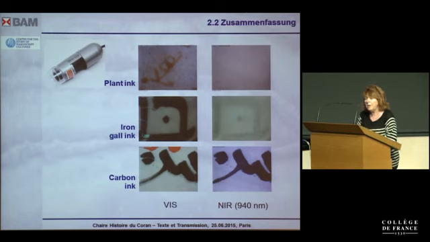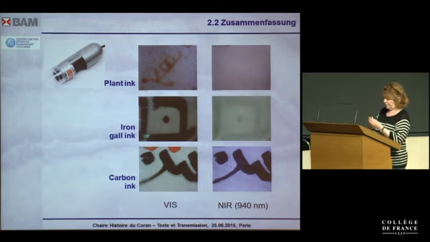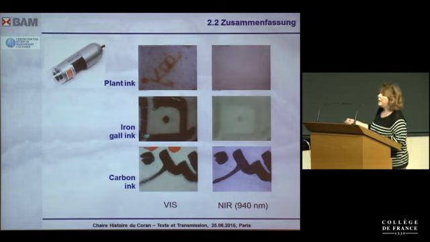is reflectography. We are using reflectography to identify the type of the inks. You see here 3 different types of inks. In the upper row, it is plant ink extensively used in the early Middle Ages. If you illuminate your manuscript first with visible light, and you see here, this was good. I'm sorry, I have to find, okay, the upper row, plant inks, you see it in visible light, it completely disappears in